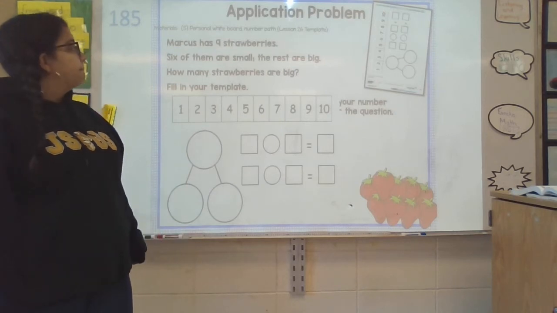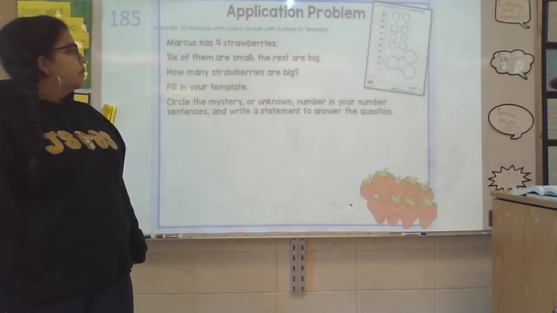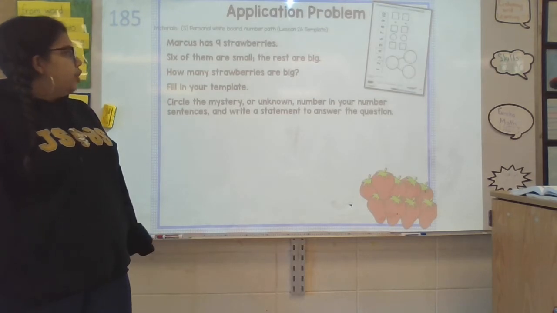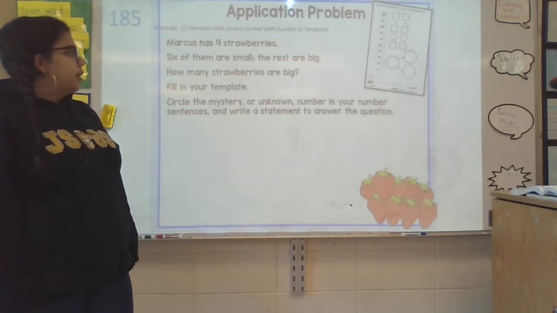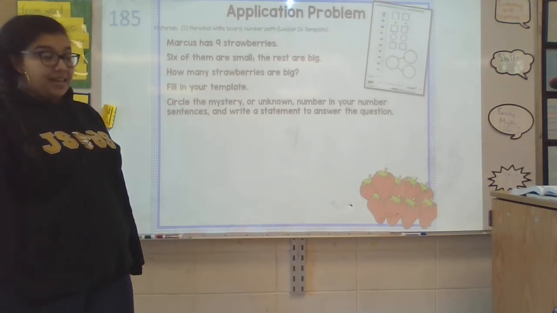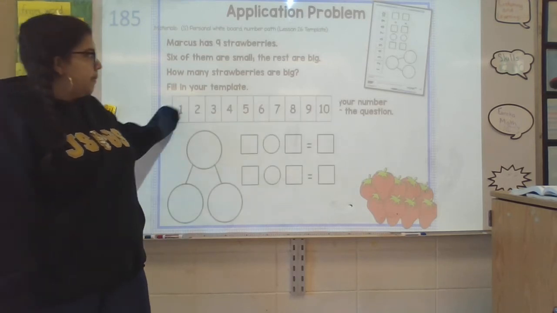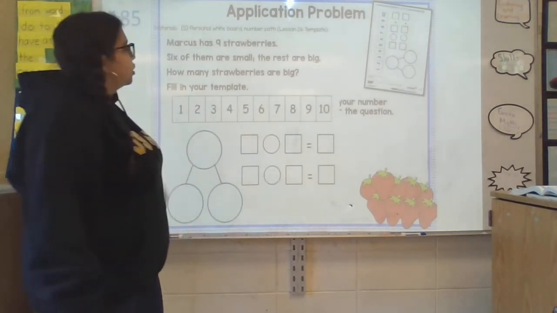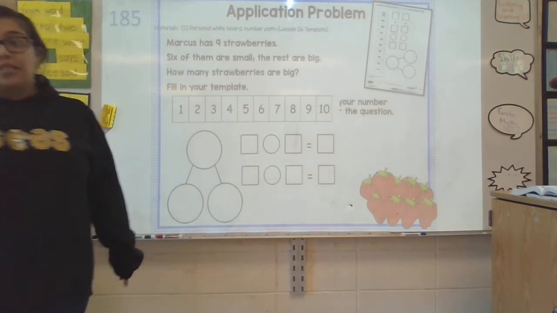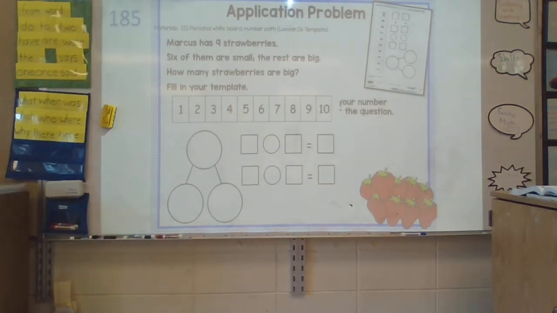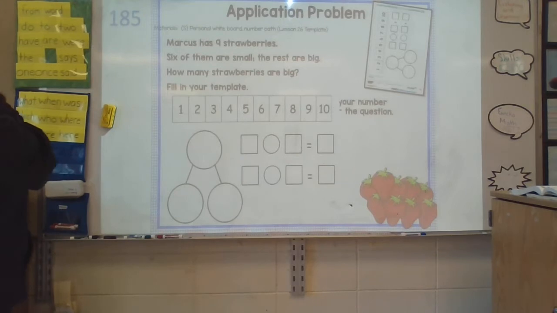So, okay. All right. So here we are. You're going to circle the mystery or unknown number in your number sentence and write a statement to answer the question. So here is my picture, and here is our question, and you work for 3 minutes, and then we'll work together. All right, so